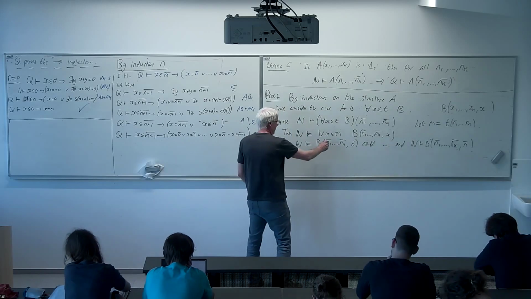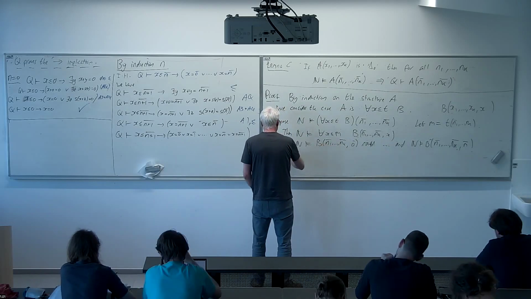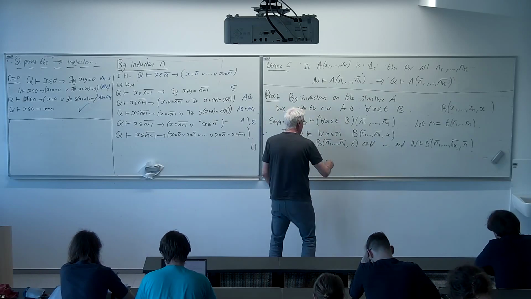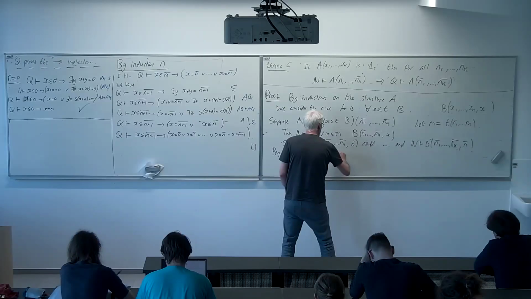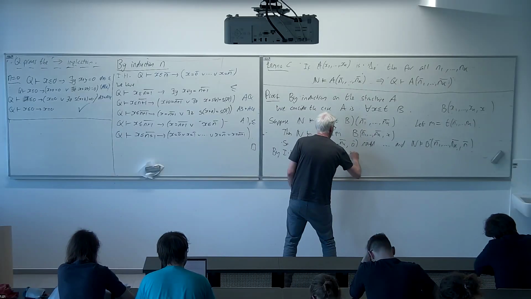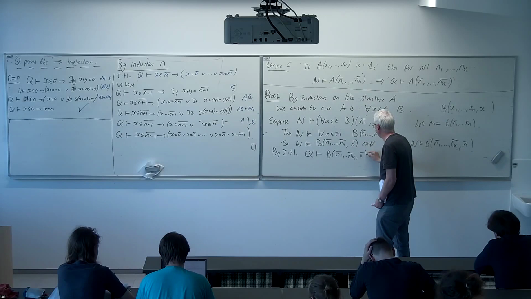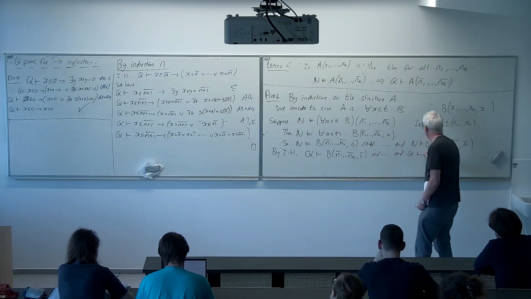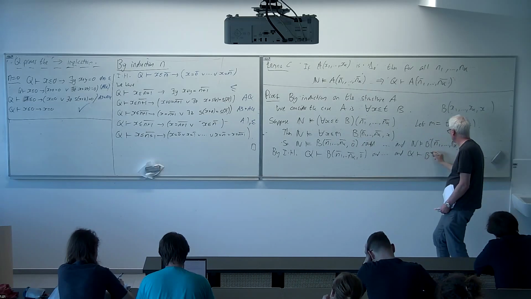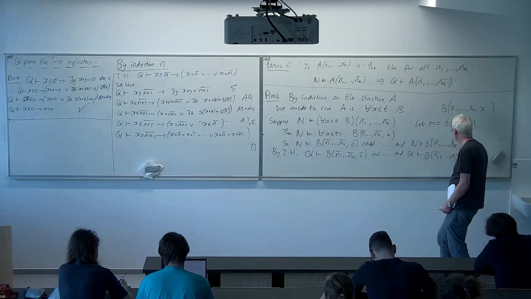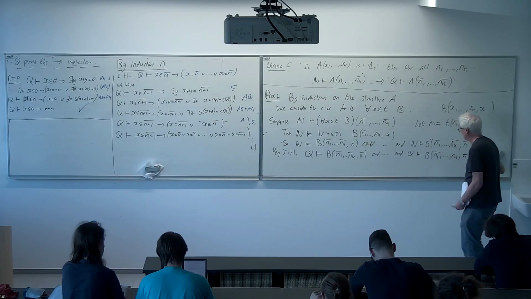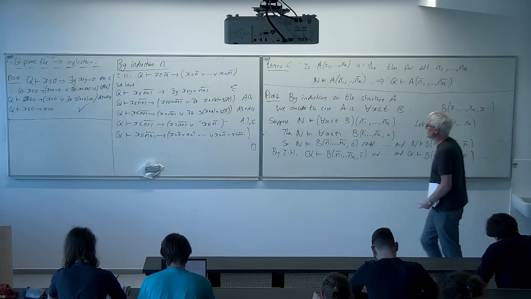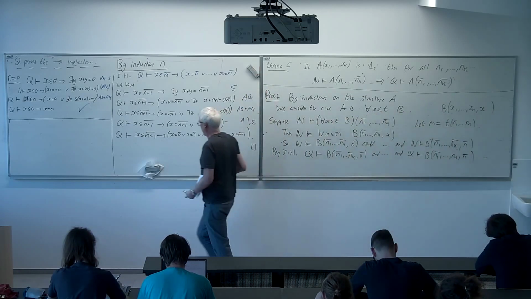So by the induction hypothesis for each of these cases, we have that Q proves B with the numbers n1 to nk, 0 in, and Q proves this as well. So all n plus 1 of those formulas, from 0 up to n. And then